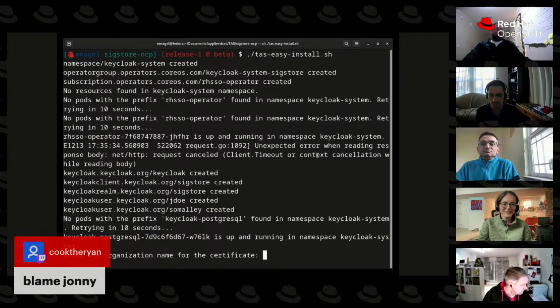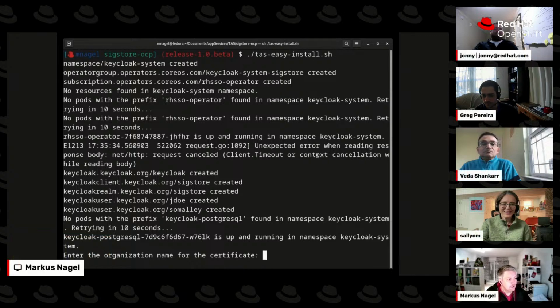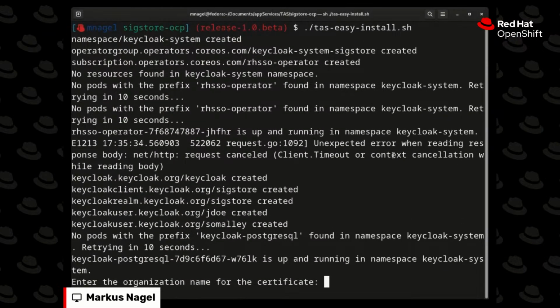Did you want to talk about this, Marcus? Yeah, well, so for signing we need a root certificate. So this is the tech preview. You can study. We have a good explanation of what the install script actually does. If you don't have any root certificate that you want to include, basically this is the step here where this one is created.